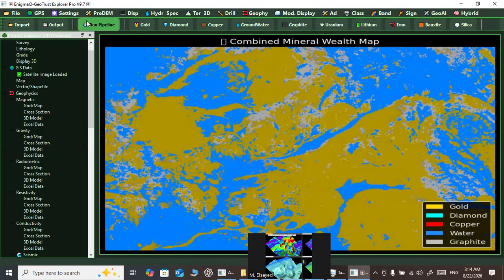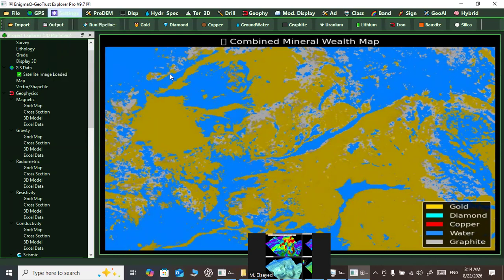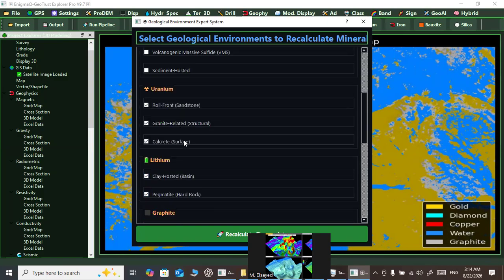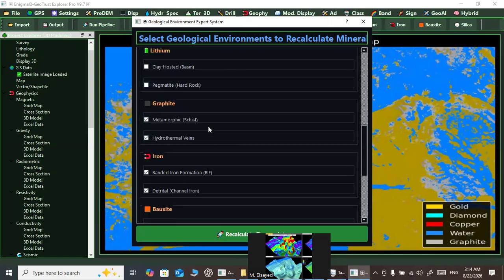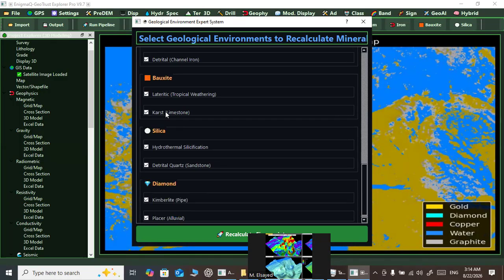You could also adjust the geological settings. From settings, you have geological environments. For example, if you exclude the copper, because the area doesn't have copper here, and exclude uranium, and exclude the lithium environments, and also exclude the graphite environments. Just I will keep iron, but exclude bauxite environments